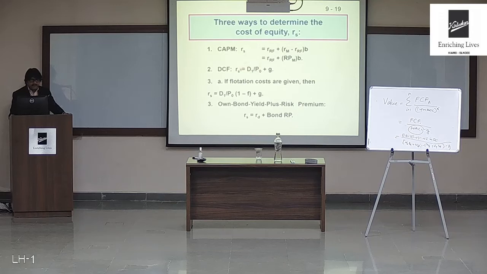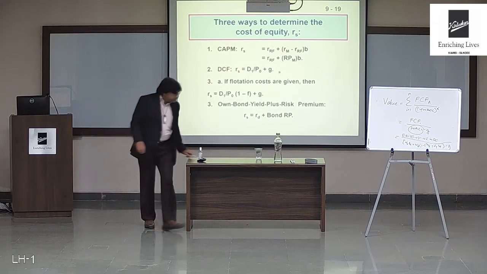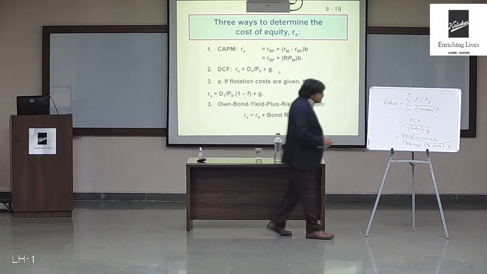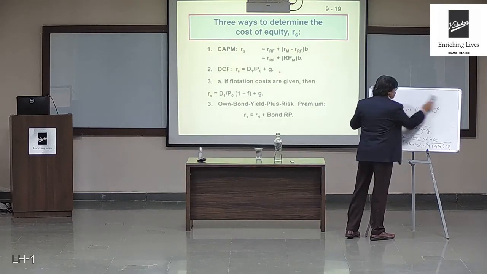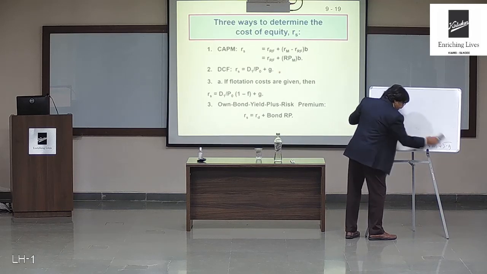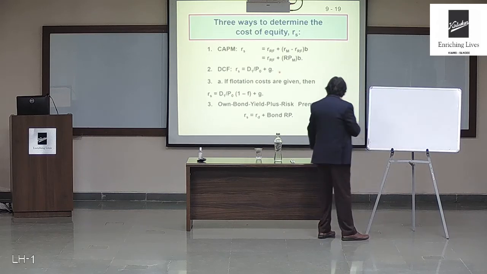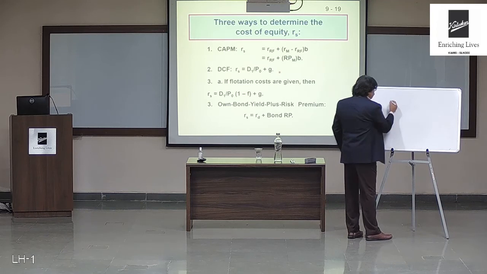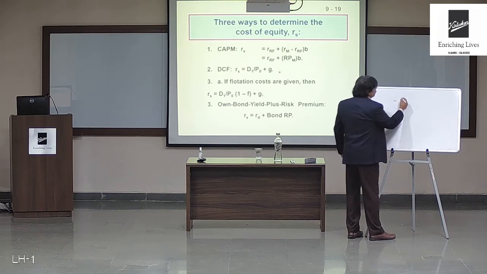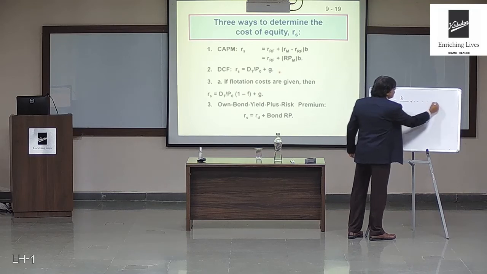Second one, we can see that the DCF method is used to calculate this. We can write it once again, but we have seen that, and the derivation is very simple in this case. We assume that the company is a going concern. If the company is a going concern, and we would like to calculate the value of the firm, and if it gives the same dividends in perpetuity,